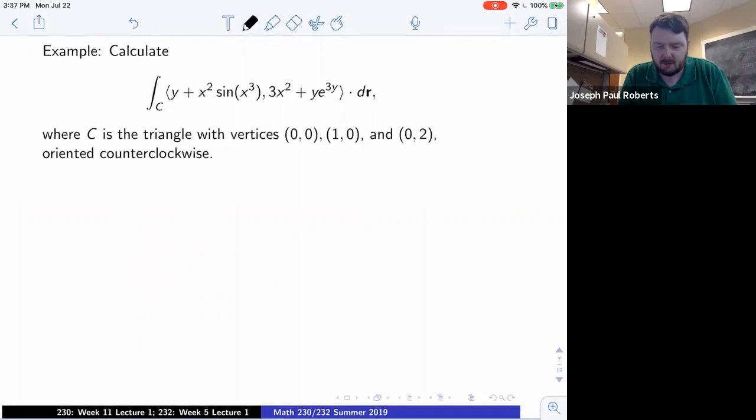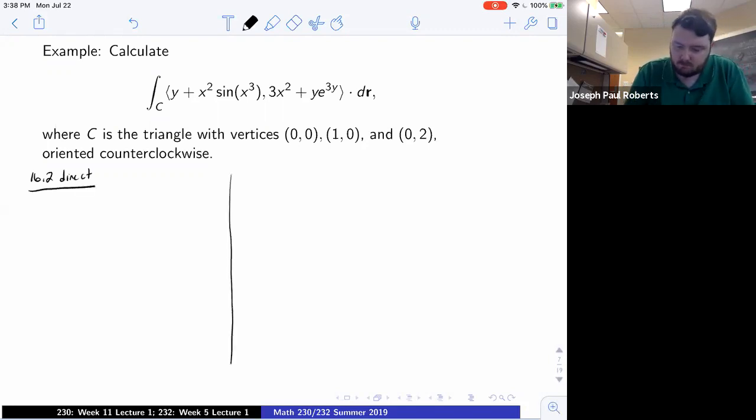All right, so calculate this F dot dr line integral over this triangle. So let's talk about both ways we could approach this. This could have been something we assigned last week after the first lecture last Monday for the calculate F dot dr integrals. So anyway, if you're thinking about doing this directly,